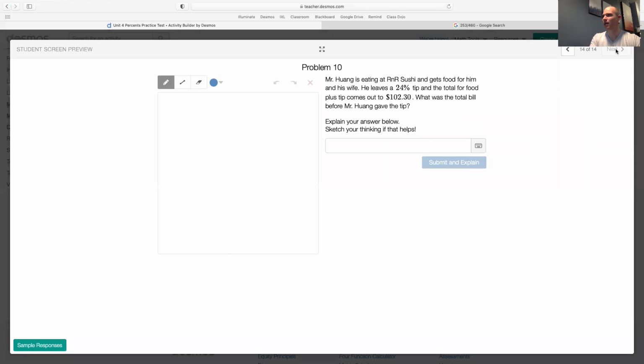All right, and then the last slide says, Mr. Wong is eating at R&R Sushi and gets food for him and his wife. He leaves a 24% tip. Mr. Wong's such a big tipper. And the total for food plus tip comes out to $102.30. What was the total bill before Mr. Wong gave the tip? So this is a question where we're given the new value